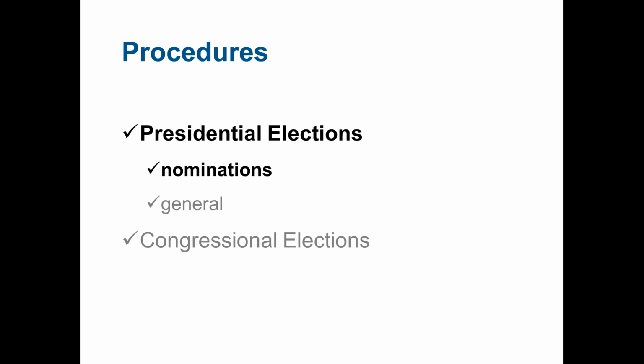First, talking about nominations, and then the general election. These are really distinct ways that these various election cycles work. The nomination as compared to the general election. So to begin,